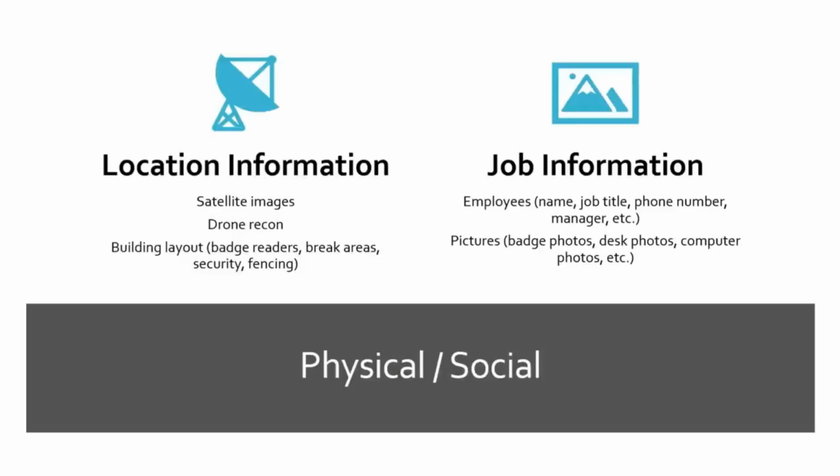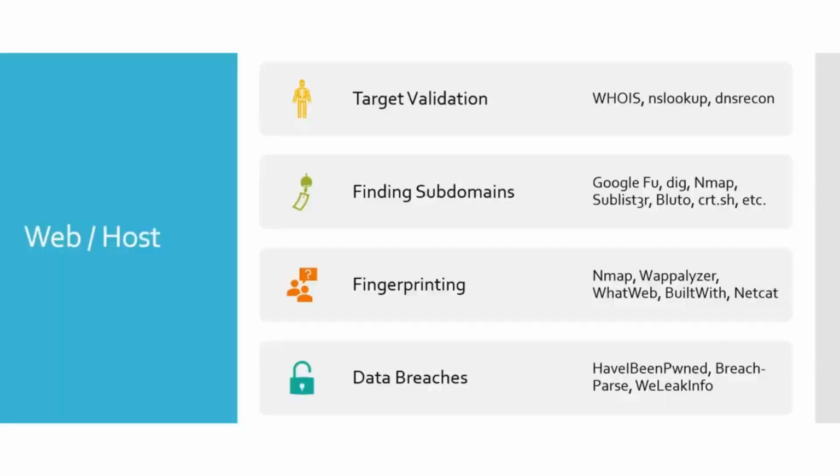So from there, let's go ahead and talk about what we will be doing a lot of, which is the web and host. So when you get a web or a host assessment, the first thing you really should do is what is called target validation. So we're going to be targeting something on Bugcrowd. We're not really going to focus on this, but what we're going to do in the real world is we would validate the target. Now, there are situations where a client will give you an IP address or a website,